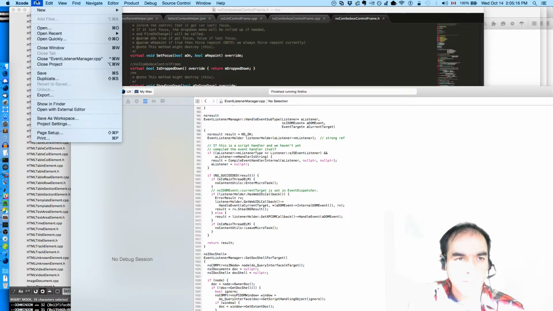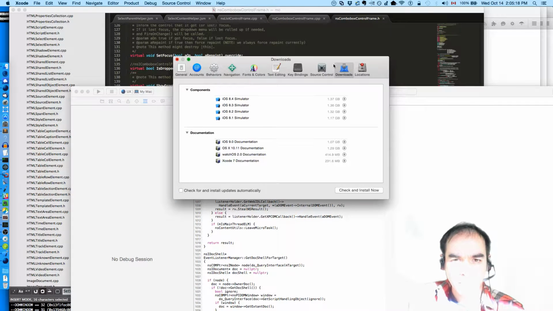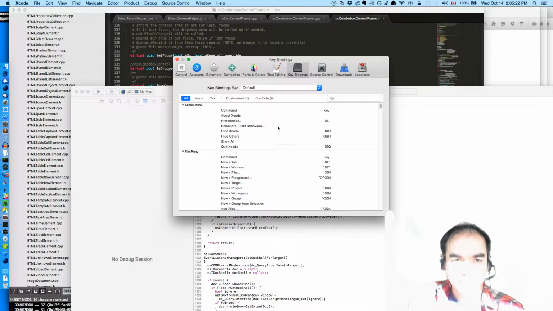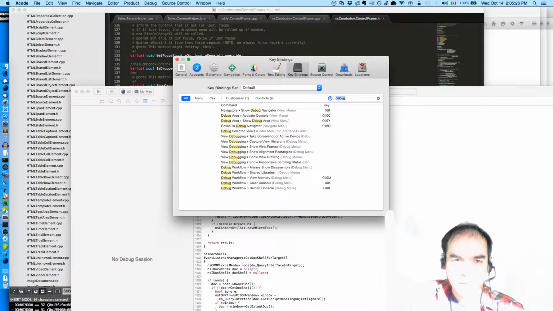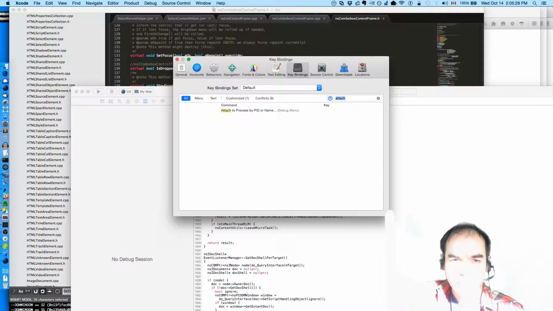I missed my keyboard shortcut. Maybe I can quickly add it back. Key bindings. Debug, or attach. There, that's what I like. Nope, nope, nope.